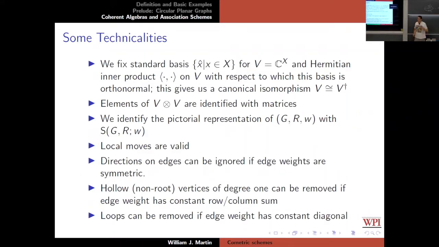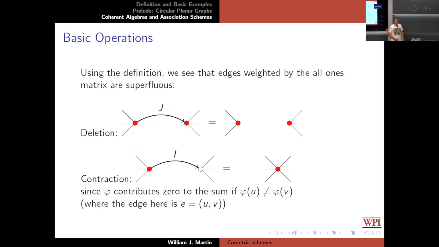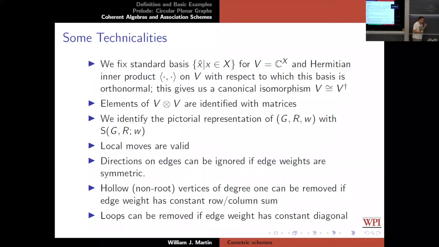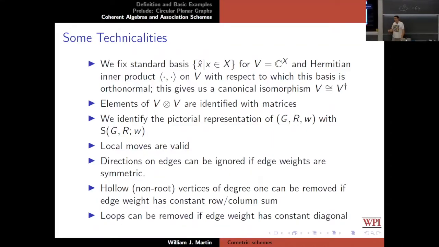Okay, so some technicalities, yes, Maria. I already directed yesterday, I just didn't use them very much, but yeah, it's the same definition, thank you. So we have to specify, and in our product, we take this standard basis vector for each element of X, call it X hat, and we set up an inner product so that X hat dot Y hat is 0 if X is not equal to Y, and 1 if X is equal to Y. Once you have that, then you can identify the vector space with this dual space, and that allows us to identify